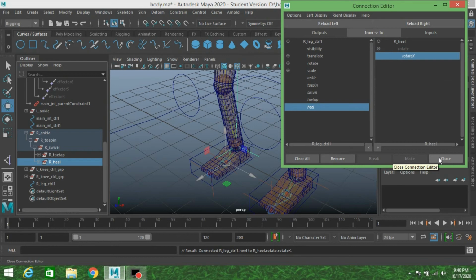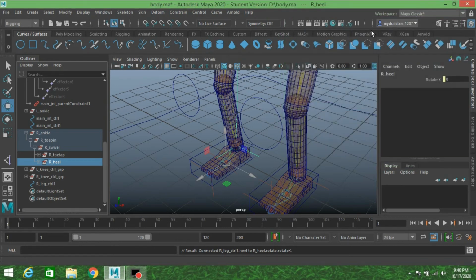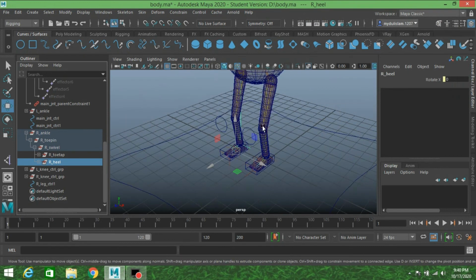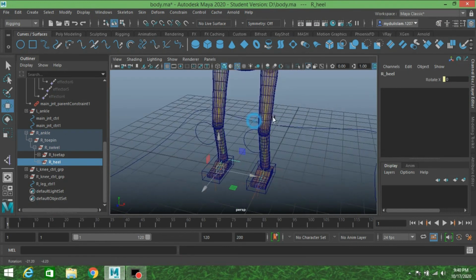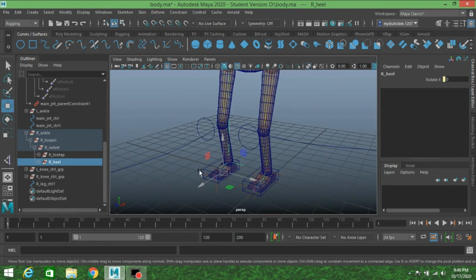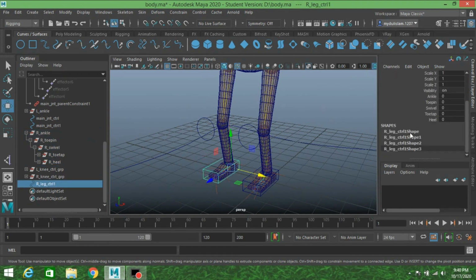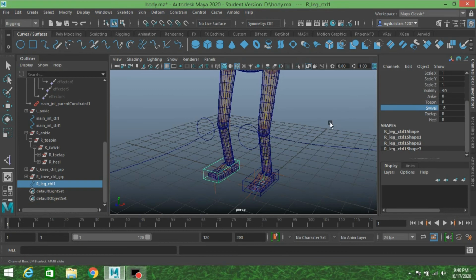Now close the Connection Editor window and check it. See, this is also working.